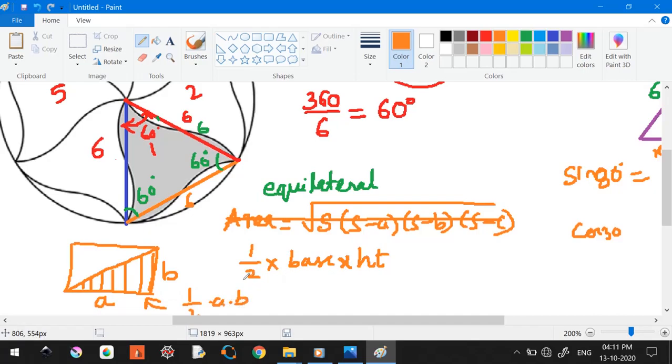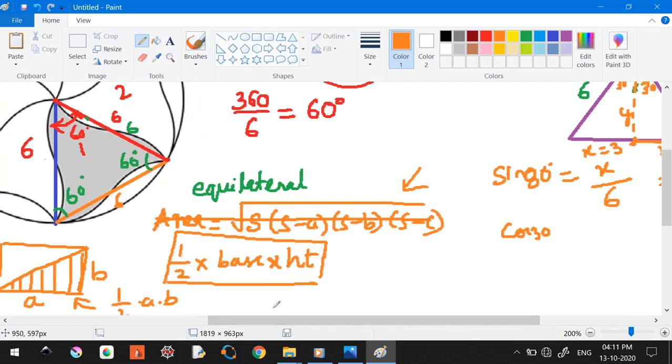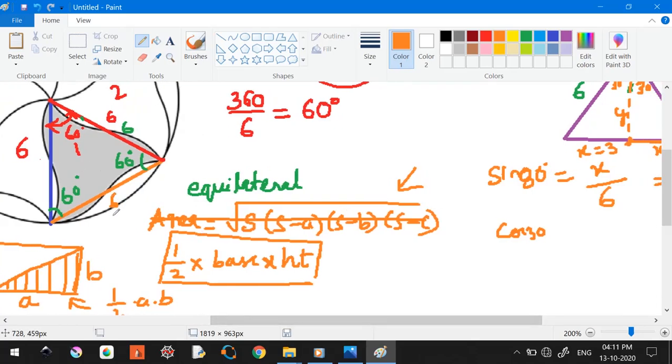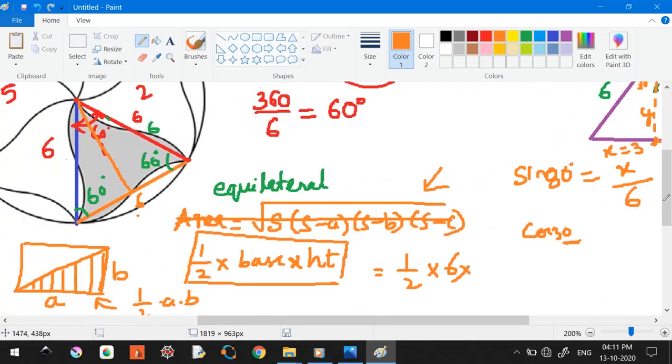So that's why it is half base into height. I have already explained this, so we can use this if you are not able to remember it. So half base into height, right? So half base is here. Let's say this is the triangle, half base is going to be 6 and height is going to be this, which you can identify either by using the cos 30 value, or if you don't know that formula, let us see what we can do. Simple.